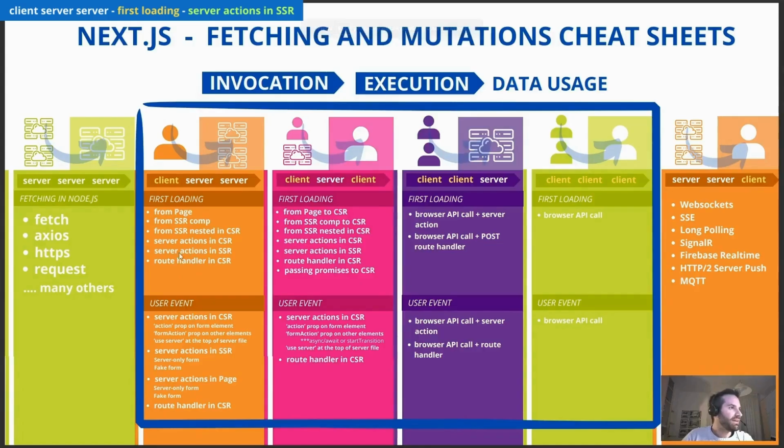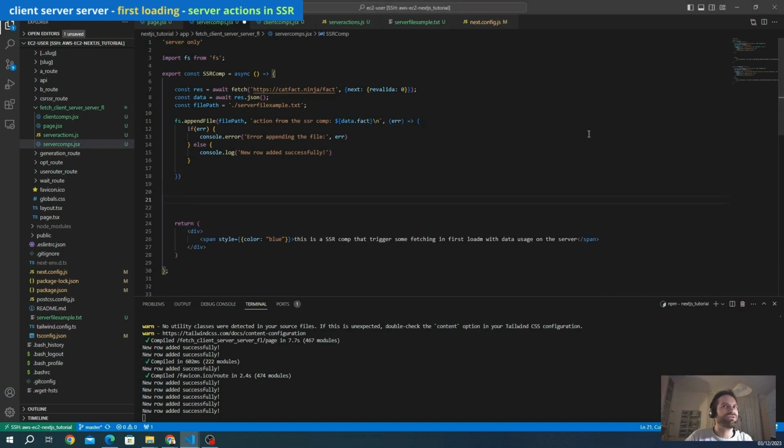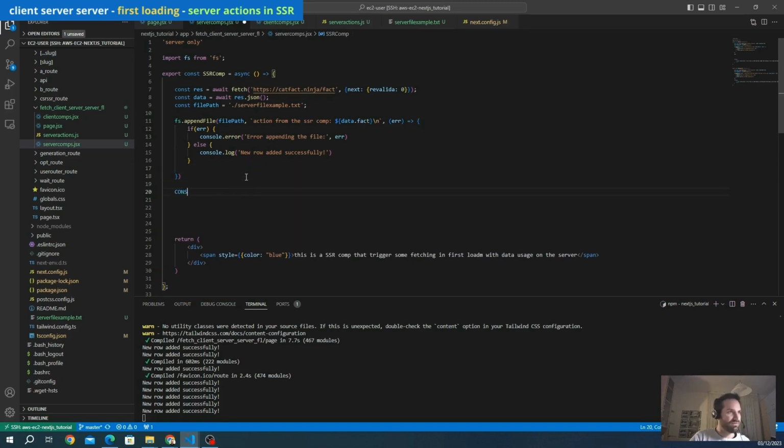Let's see a similar case to the previous one, which is the server action in the SSR. The structure and the technique are almost the same, but it all happens inside the server-side rendered component. We are back in our server components, and we can use the previous SSR component that we already created to dispatch a server action inside this component. It's just a function declared inside the component with use server on top of the body of the function. So we are going to create a server